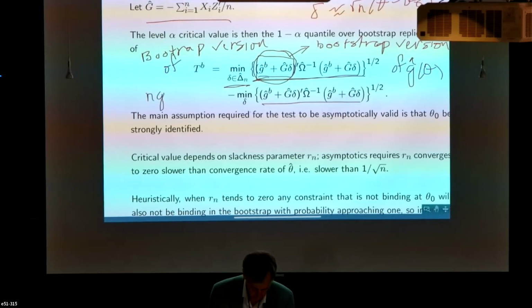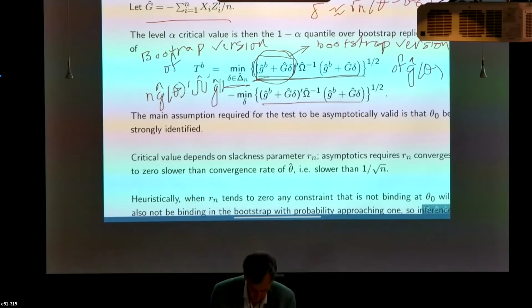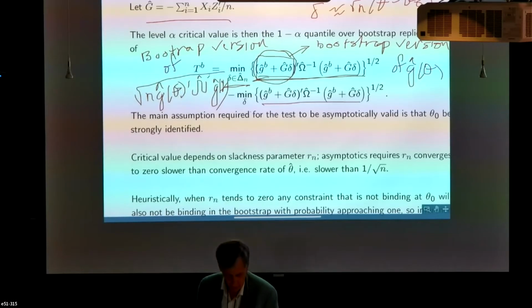N G hat, sorry, G hat theta prime G hat theta. Okay, square root of that. Okay, that's what each of those parts are, and then we're going to minimize over the restricted parameter space